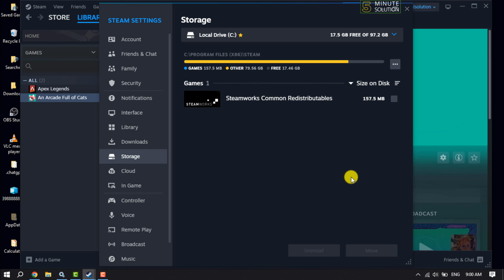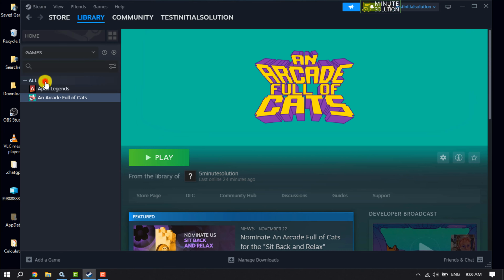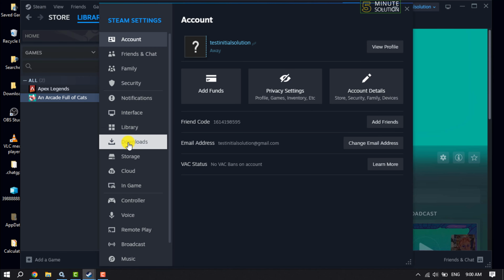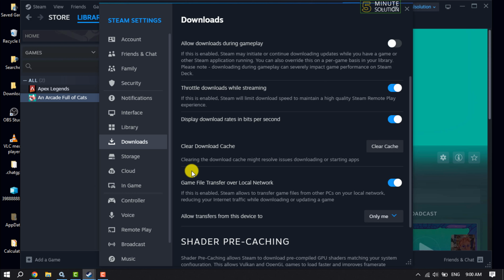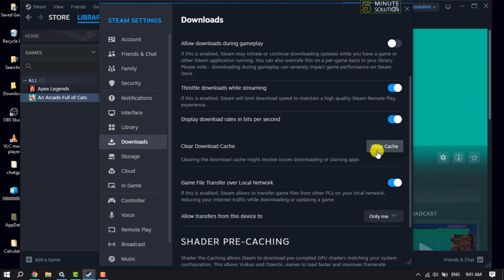And if you are facing the same problem, then go to your Steam menu again, Settings, and now click on Downloads. And here you will get this Clear Download Cache option. So all you have to do is just click on Clear Cache, and then you have to relog into your Steam account. So log back into your account, and that's how you'll be able to solve this cloud sync error